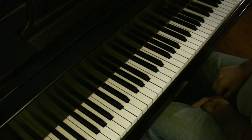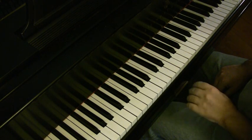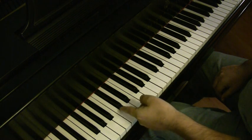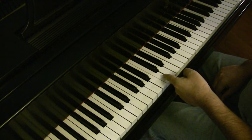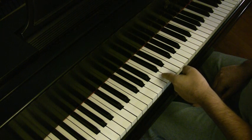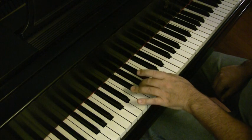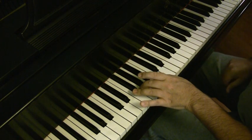Okay, let's go through the left hand now, the Tausig exercise. Everything will be the same. We're going up chromatically from C all the way to C. The only difference being that this is now a mirror image. So we will begin with 1 and 3 on C and G,